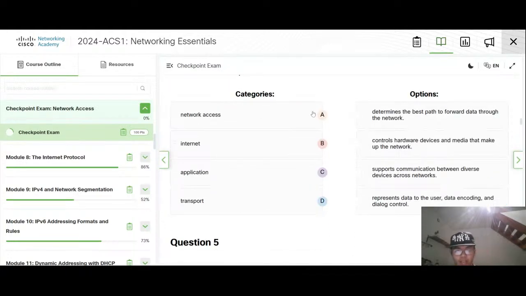Network access is to control hardware devices that make up the network. Internet determines the path to forward data through the network. Application is encoding and dialog control, and finally the transport is communication.